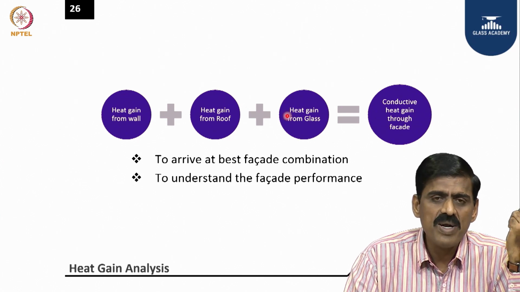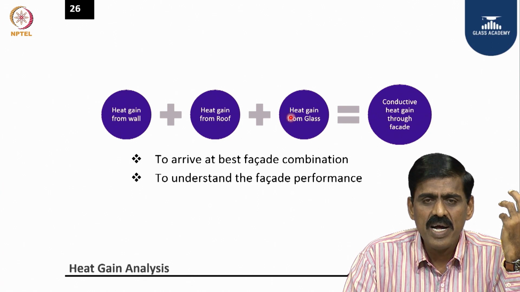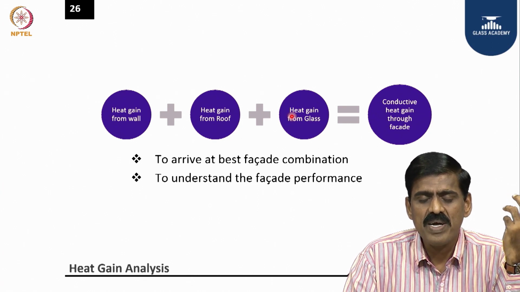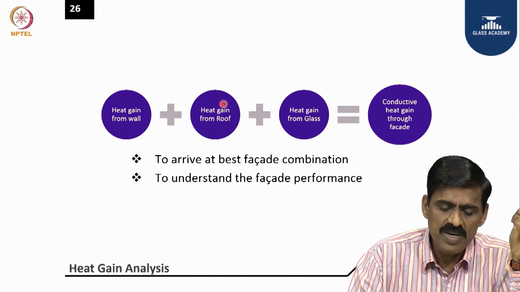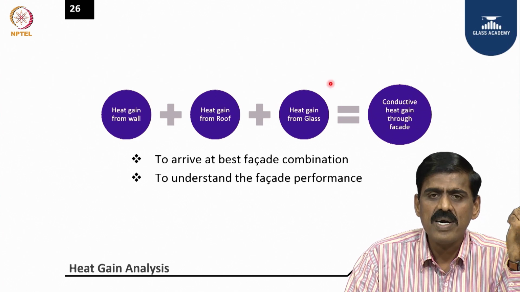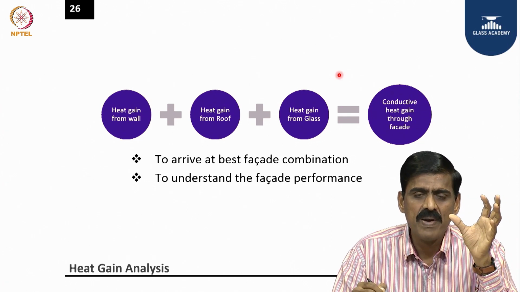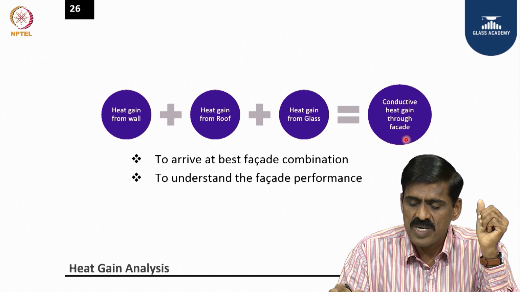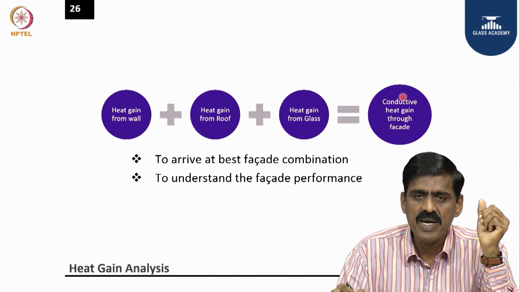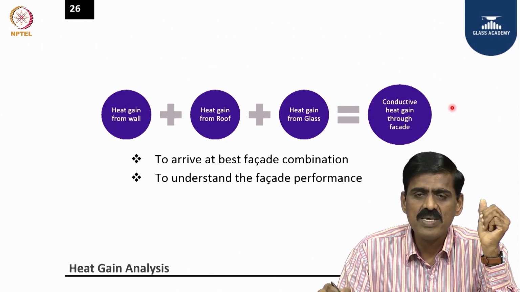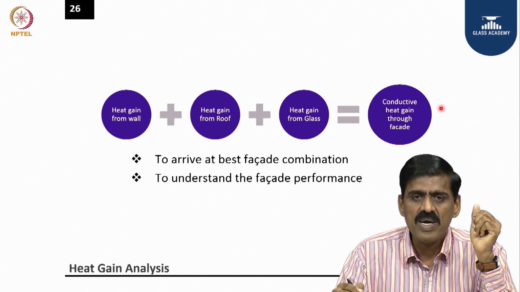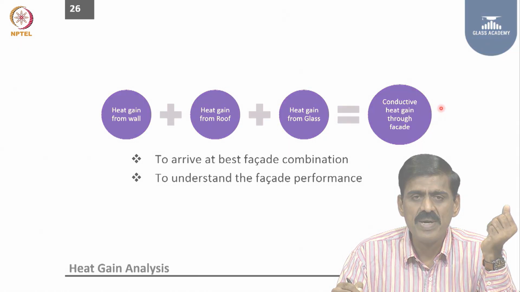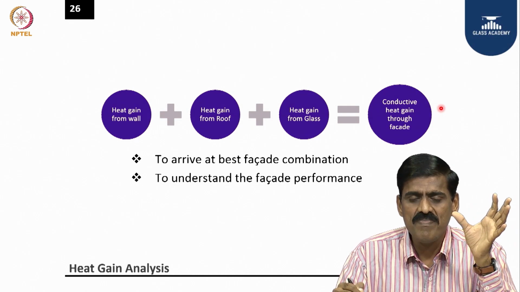So overall, you look at your building envelope, how this is having an impact on your overall heat gain. So you need to focus on wall, roof and glass. All three put together, if you try to reduce this number, conductive heat gain, to minimize this heat ingress to the building, then you can really work on your active components to save energy, like air conditioning, lighting and equipment. This is how the building has to be approached.